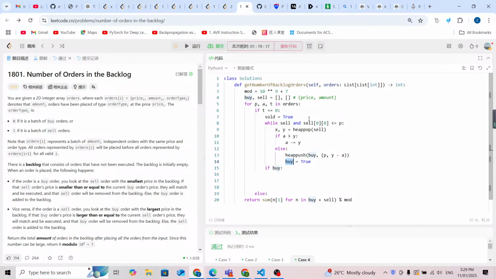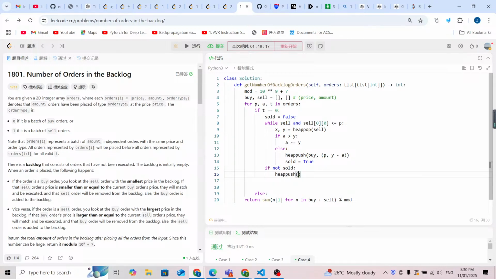And then the sold is gonna be, yeah, so this means if I can sell all those from the backlog, I'm gonna set sold to true. Yeah, so if not sold all the orders, I still need to push it into